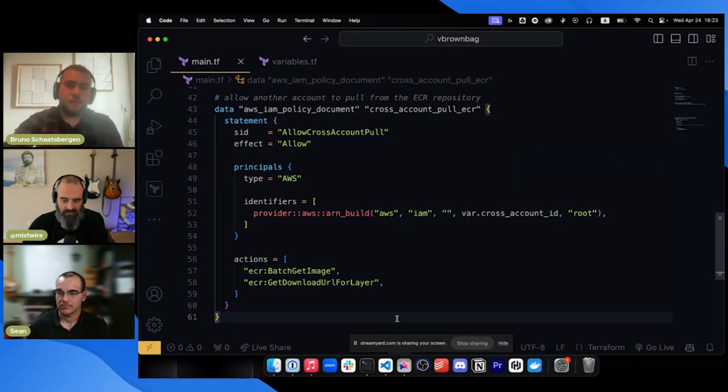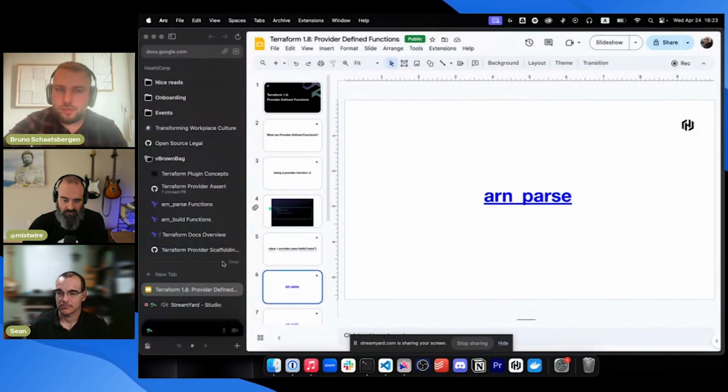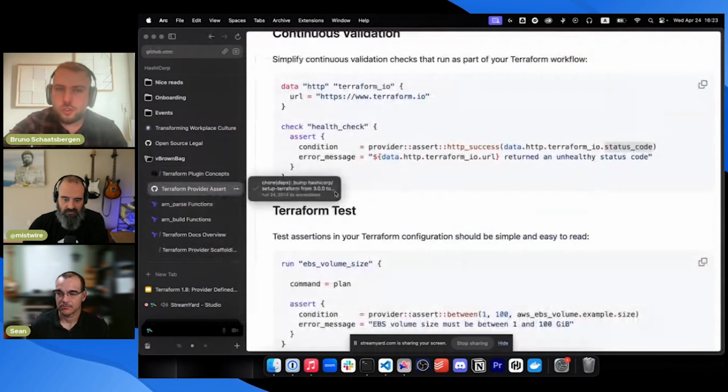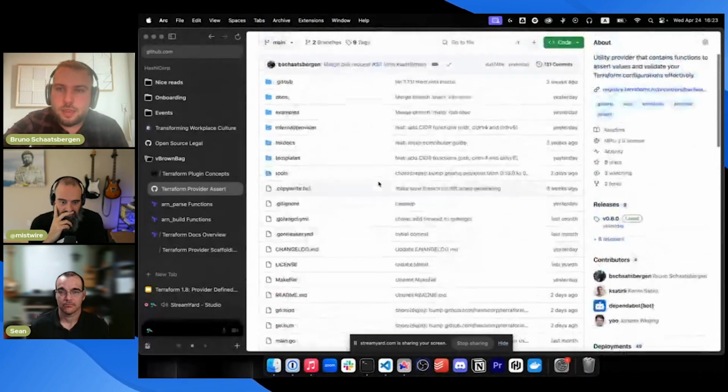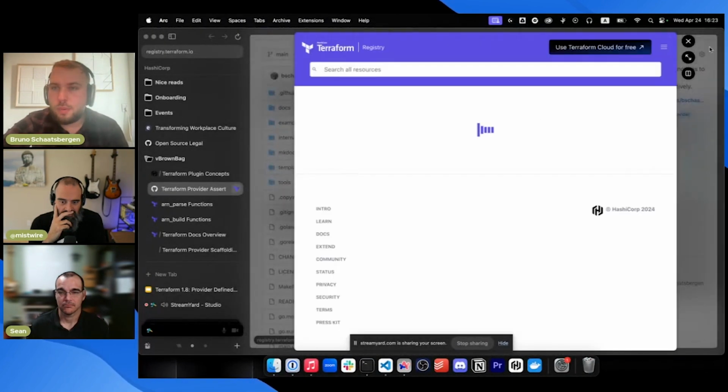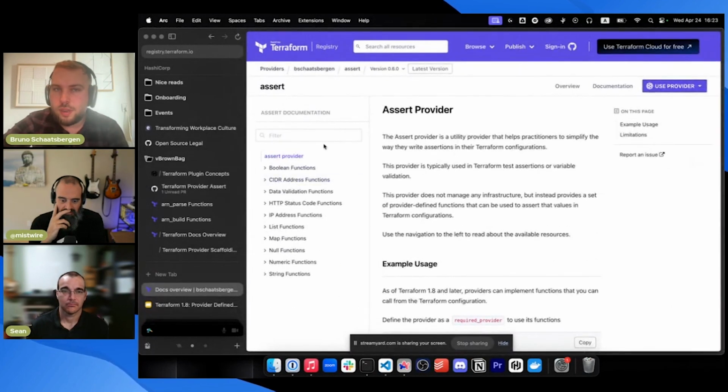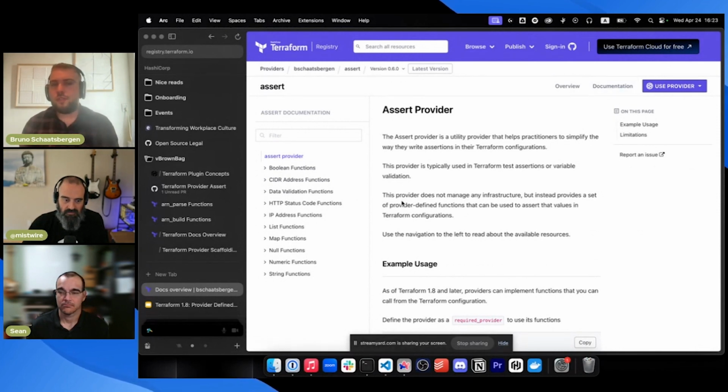Super good question. If you create a provider and want people to use your provider-defined functions, like I created this assert provider, for instance, now it's on my GitHub profile, and if the provider is just on GitHub, people can't use it. Therefore, you need to publish it to the Terraform registry. This assert provider is actually uploaded to the registry, so you can download it and reference it in your Terraform configuration. So if people want to play around with provider-defined functions, I'll show you how to build one in a moment. But eventually, you will have to publish your